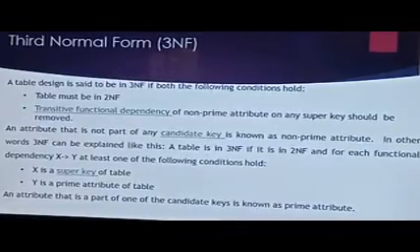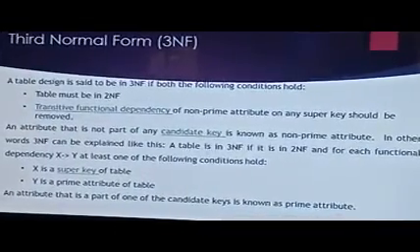So you're having the criteria that... look into the screen. A defines B and B defines C. I'm explaining the transitive dependency. A depends on B and B depends on C. So as A depends on B and B depends on C, this can also be written as A determines C.